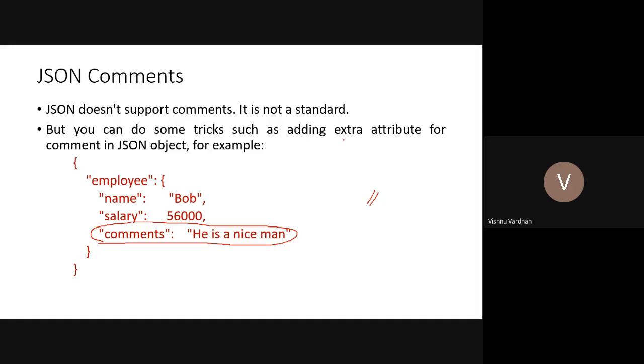And if you want to keep some information, you can write it in a descriptive way, such as comments, remarks, notes, whatever you want to put in that element for your own convenience. Whether to parse it or not depends on your requirements. But mainly, JSON does not support comments.